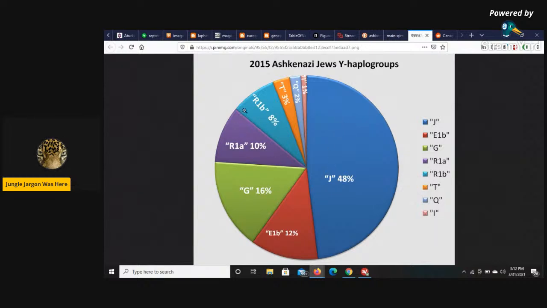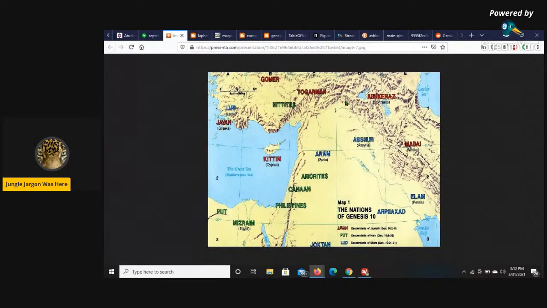And the only connection to Ashkenazi would be this R1B1, this T and this Q, which is not quite a quarter of a percent. That would be the only connection to Neanderthals by way of Gomer,